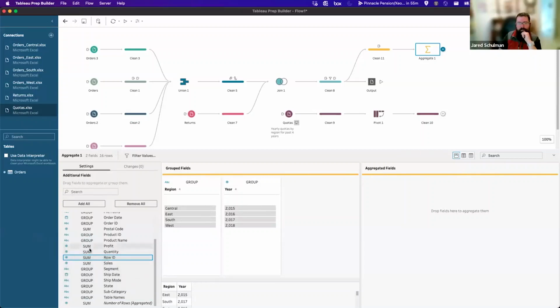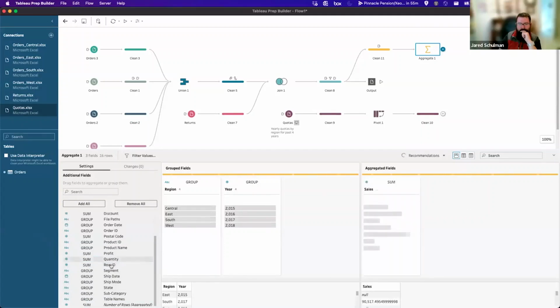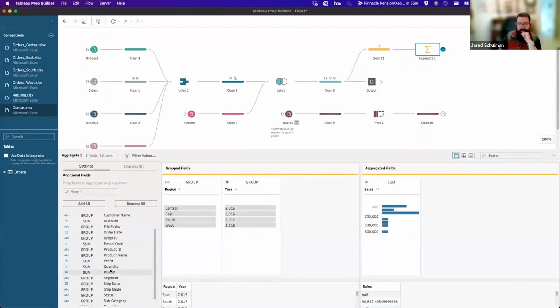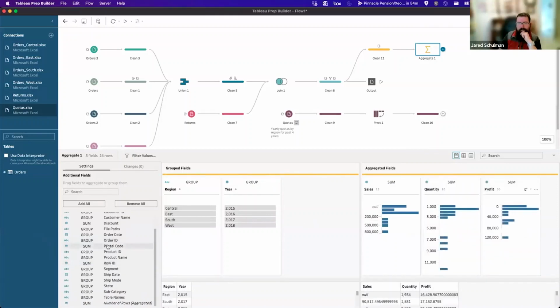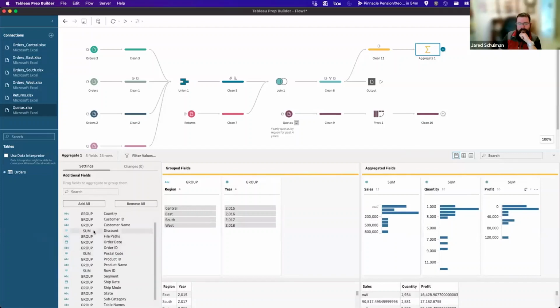So for example, if we wanted to bring in sales, we can take the sum of that. And maybe we want the quantity, the profit. We'll take the sum of each of those. And then maybe we want to know by region and year, what was the average discount? So instead of sum of discount, we'll take the average discount, and it's going to compute that by region and